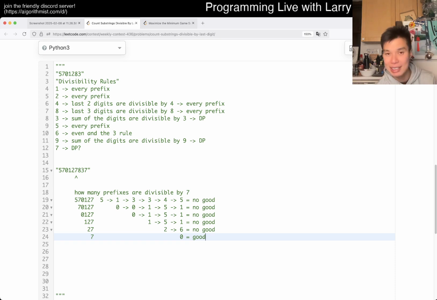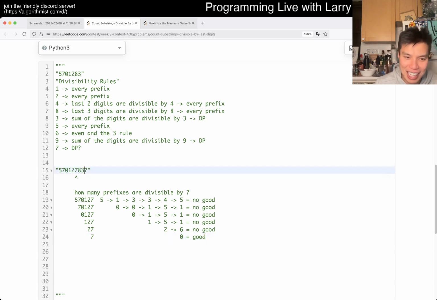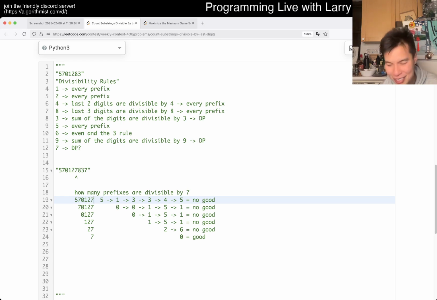And of course, if you simulate this all out, this is going to be too slow, right? Because if you look at the last digit, this is going to be n squared because we have n prefixes, and each of them takes about n time. Not quite each of them takes n time, but whatever, right? It's going to be n squared anyway, which is too slow. But what happens is that every step here,